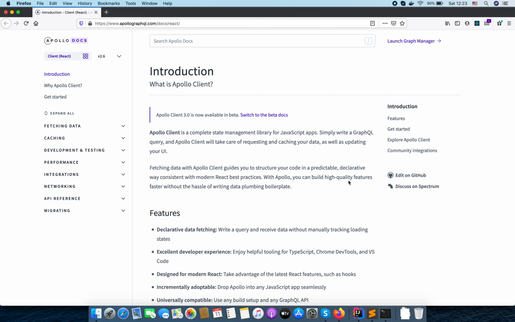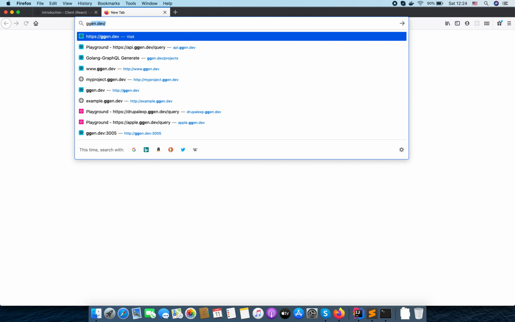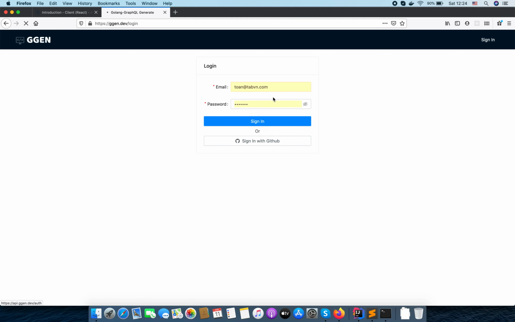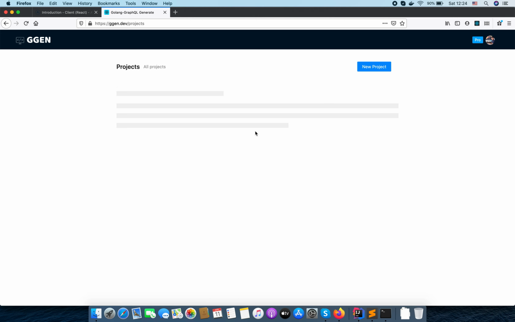I got free time and I think I'm going to make a new video about GraphQL and using Apollo Client in your React application. So the first thing we need to understand is what GraphQL is. To build a server side for GraphQL takes more time, and I don't recommend doing that. So I recommend using GraphQL Generator, and you can log in with your GitHub account and create a free